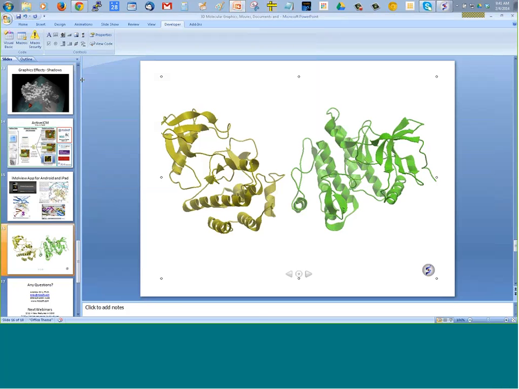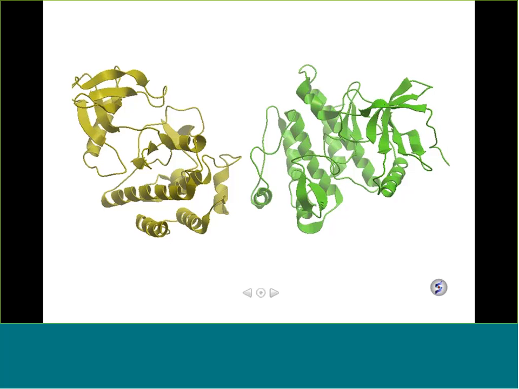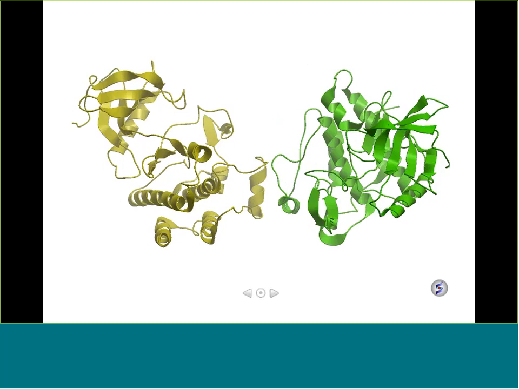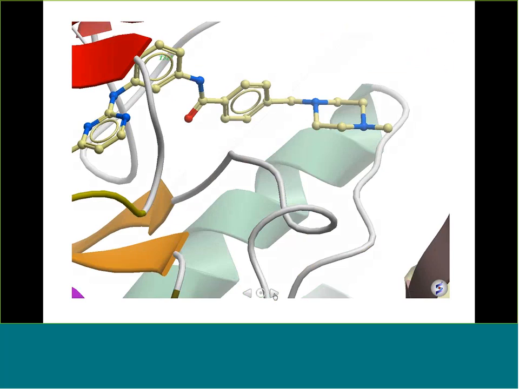The only way to make it active is to do it in slideshow. So you go to From Current Slide, and then the slide is fully interactive. So you can just toggle through your slides